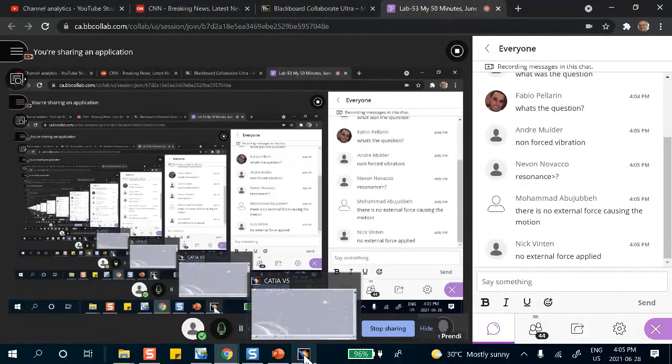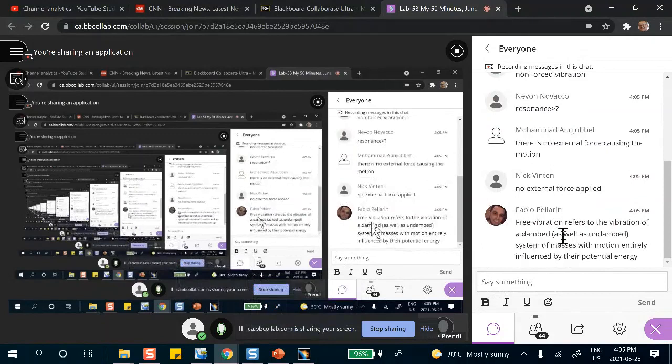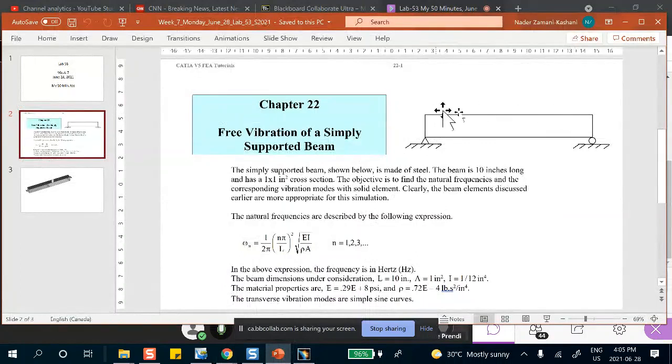That's good. This last answer is probably the best one that I saw. So here's the situation. If you take this structure, think about it as a ruler, and take the middle point and move it down. Move it down and let it go. Assuming that it's an ideal world where there's no damping involved, this ruler will go up and down, up and down, in all likelihood in this mode. Think about a long, slender ruler, simply supported, or you can think about it as pinned, it doesn't matter, and pull it down and let it go.